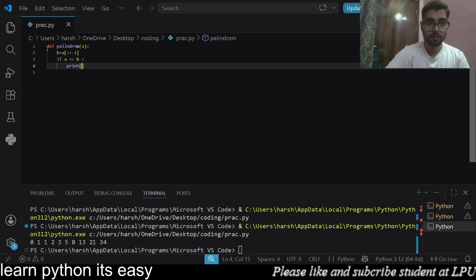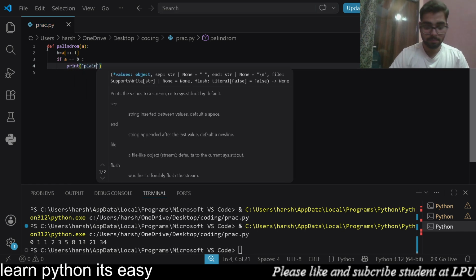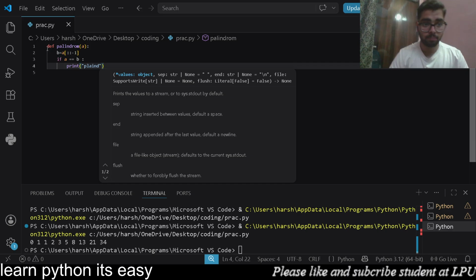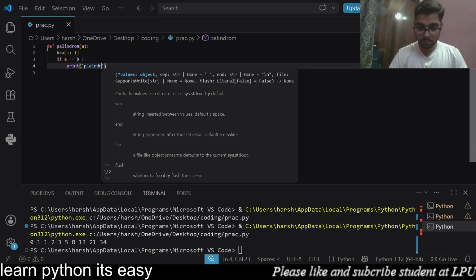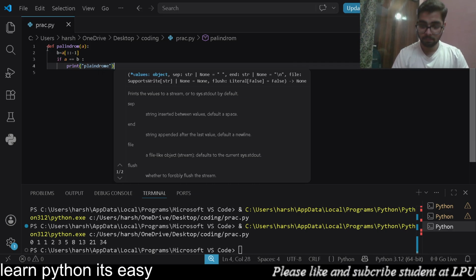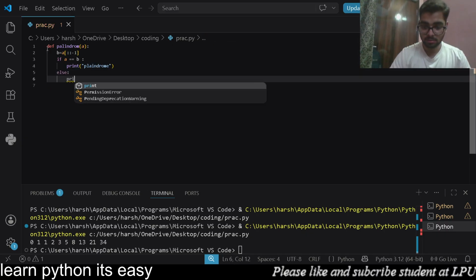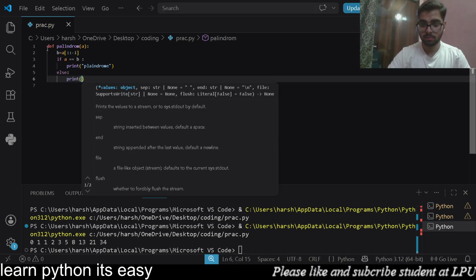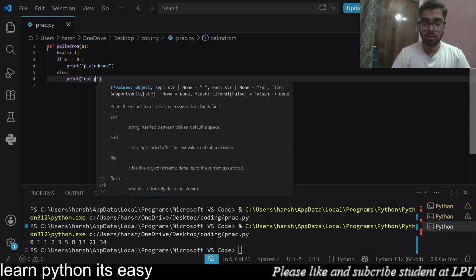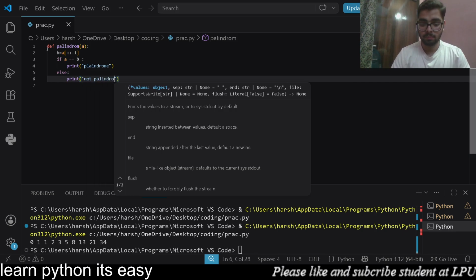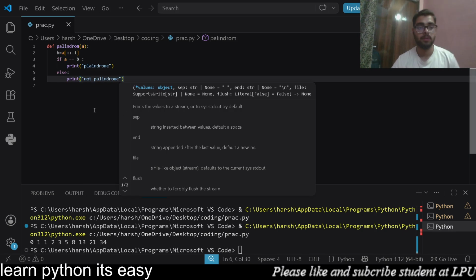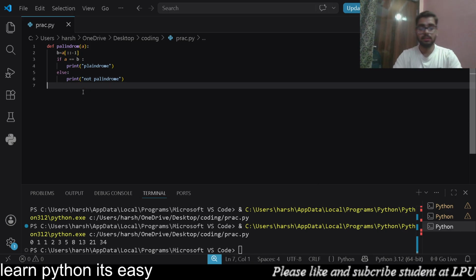Print palindrome. Otherwise, we'll print else, print not palindrome. Okay. And after this, as soon as I just call my function